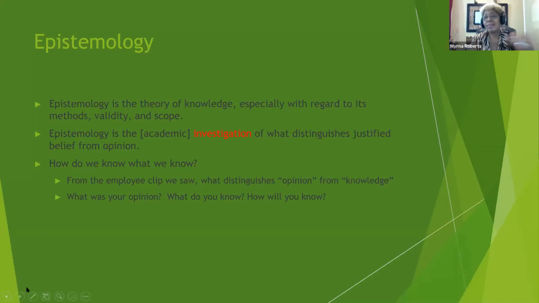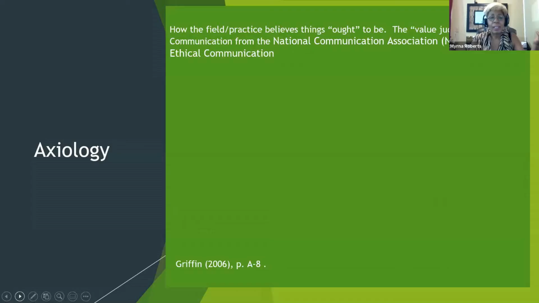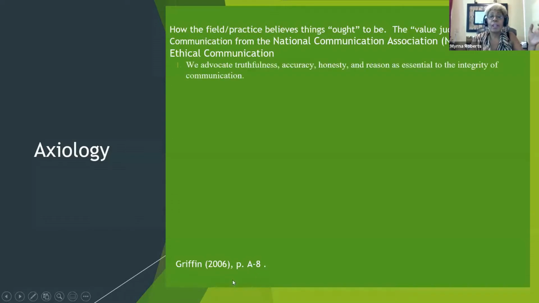Well, that's the same situation as here. Okay. Axiology. I really don't want to go through this because this is going to take a minute, but this is my personal axiology as a communicator. I've told you guys before that communication axiology is social justice, but the National Communication Association has issued a whole group of ethics, ethical communication, that for us, the first one is,